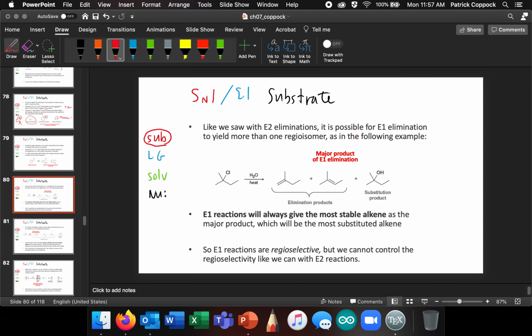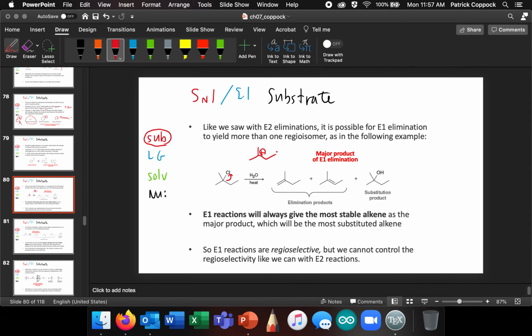Okay, like we saw with E2 eliminations, it's possible to get E1 eliminations to yield more than one regioisomer. So, for example, you've got a tertiary alkyl halide here, okay? If this chloride leaves, you're going to have a tertiary carbocation,